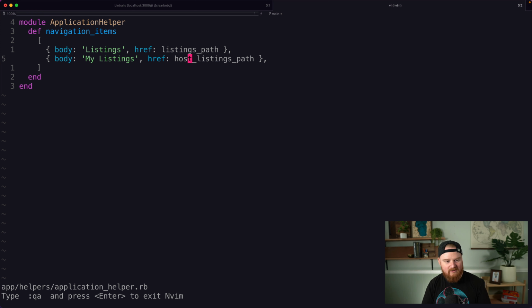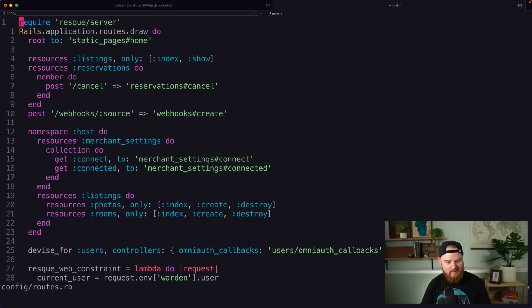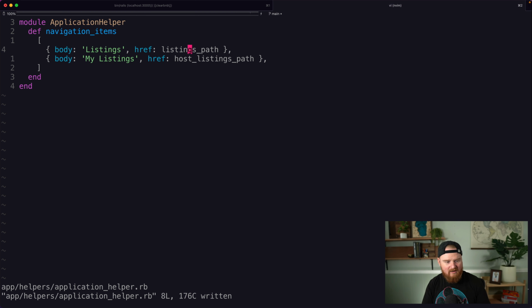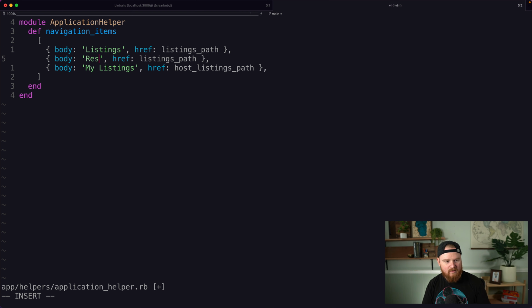So the only way that I would know that is if I go to the routes.rb file and scan down this. So we've got listings, we've got reservations, we have the host listings path, and we have the host merchant settings path. So there's a few different things we probably want to add up here, but at least listings, reservations,